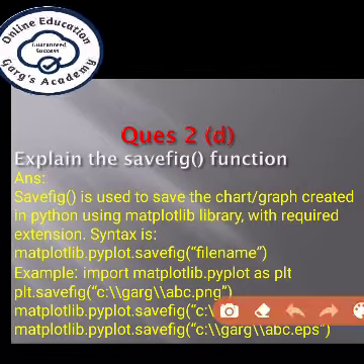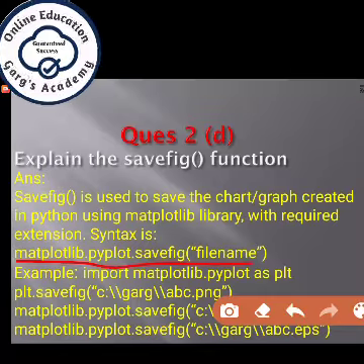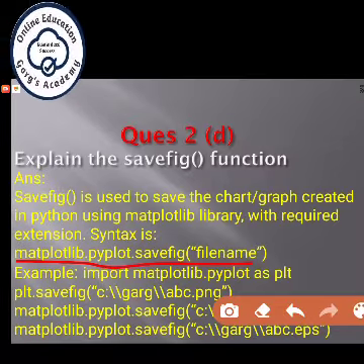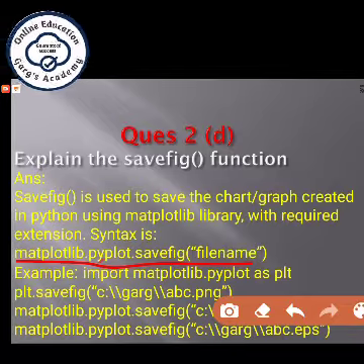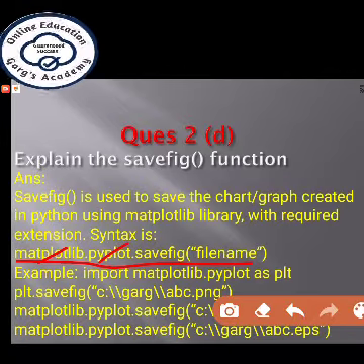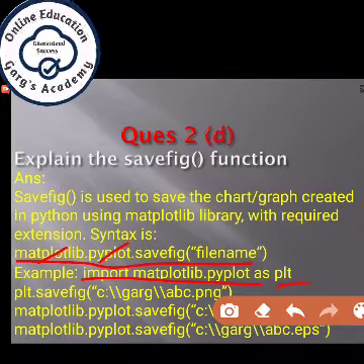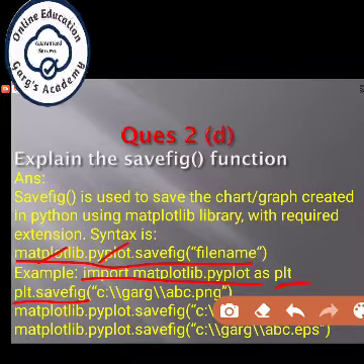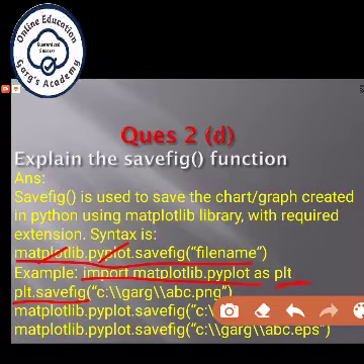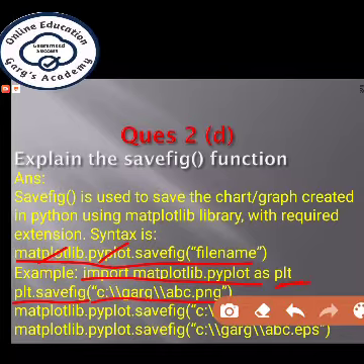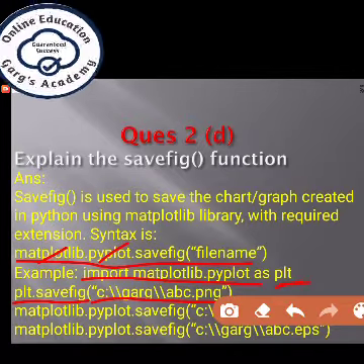Now what is the syntax? matplotlib.pyplot.savefig(filename) means it is included inside the pyplot component of the matplotlib library. You can import this library and give an alias name, so that in the next statement you can only write plt.savefig, and next is the complete file name with extension.